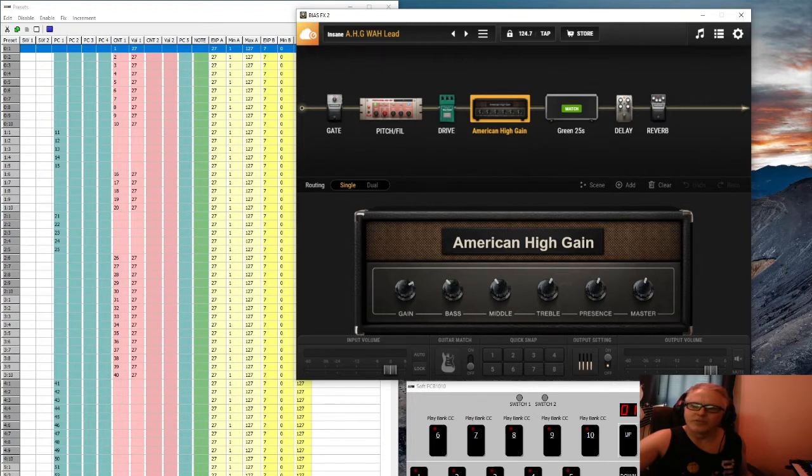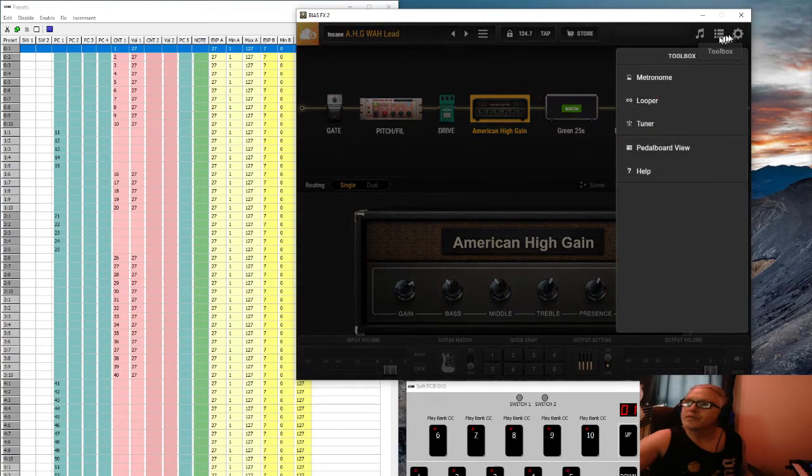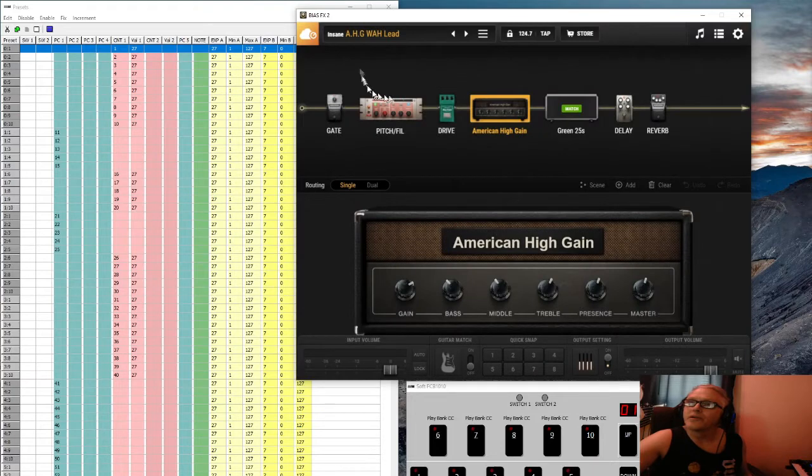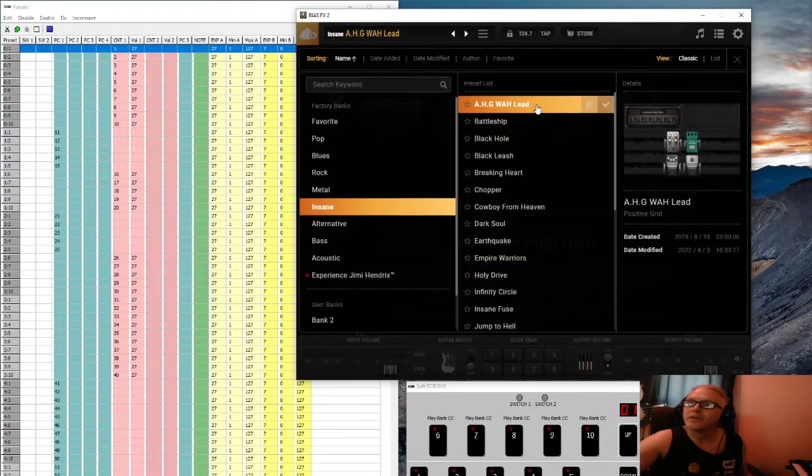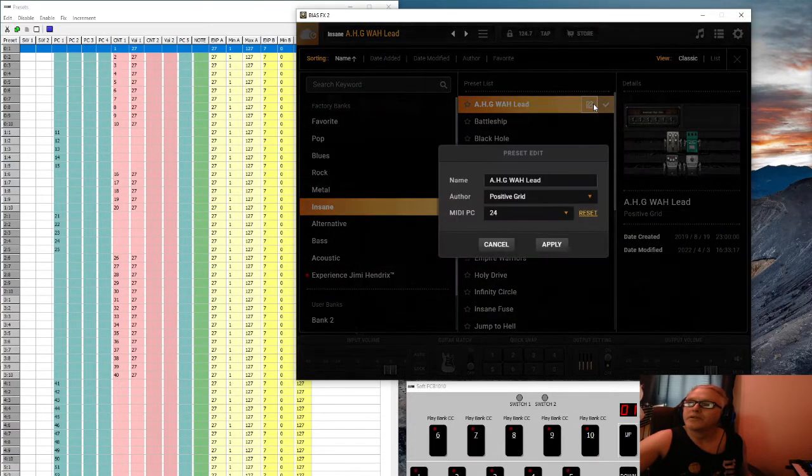I probably won't go through and set every one of these. I might set up a couple, and then we might set up a couple of these for stomp boxes. Let's just see what we got. Oops, hit the wrong button. Actually, let's go here. And this one, I've got the PC set up on it. Hopefully I don't have a lot of these that I have